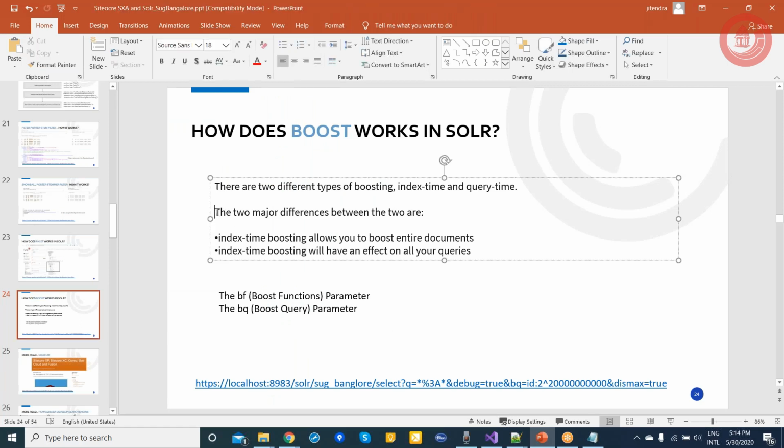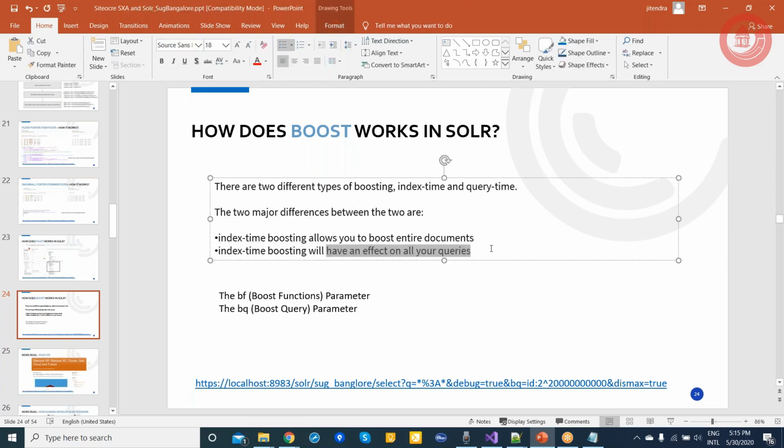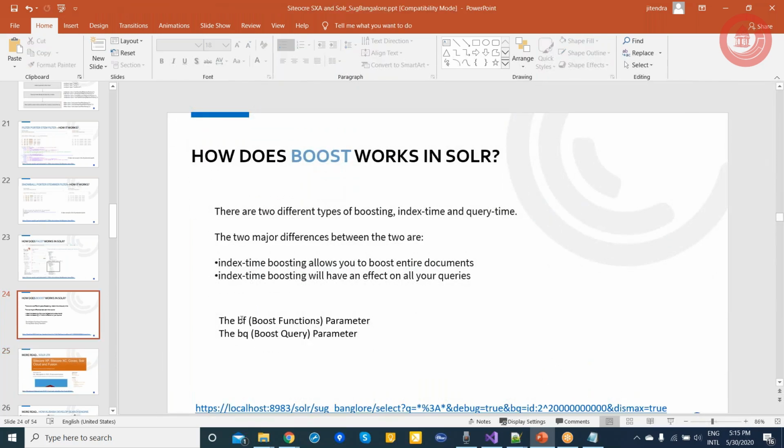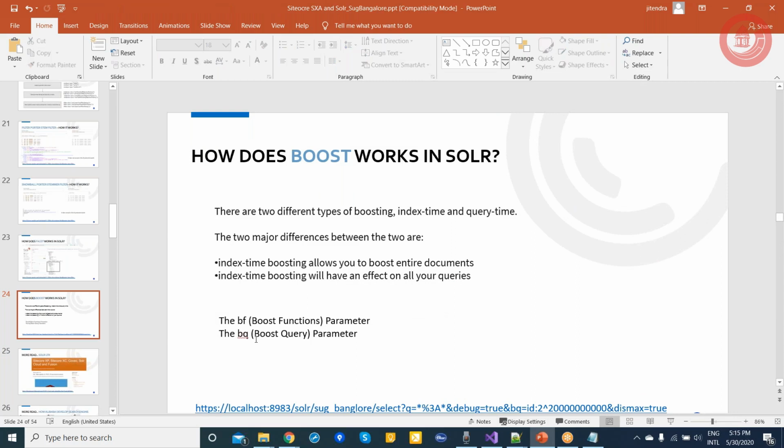So there are two types of boosting. One is the boosting of all the documents and the other is the boosting based on the fields. Document level boosting is not supported in the latest Solr version, so you can apply field level boosting. There are two options: you can use boost functions, and you can pass a boost query. Boost query is simple: if the field has this value, boost by this. If you need some additional logic or calculations, then you will use a boost function.